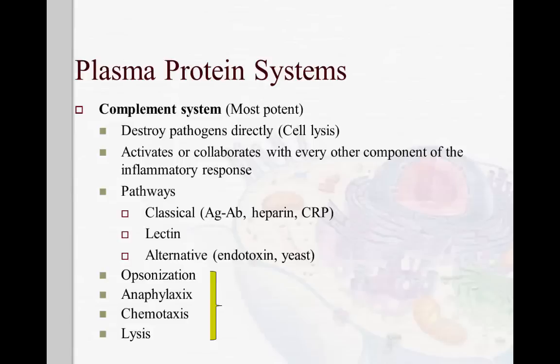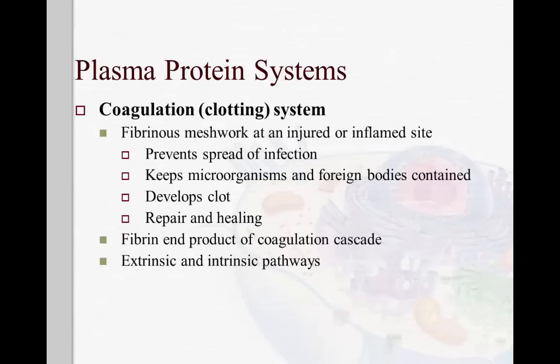And chemotaxis is no more attraction. Come in. There's inflammation, you need to start coming in to help me for repair and healing. We have another plasma protein system, which is the coagulation cascade. So this is no more than a group of proteins that form the end byproduct, fibrin. So it is necessary to form a fibrinous meshwork in the area of inflammation to provide or initiate repair and